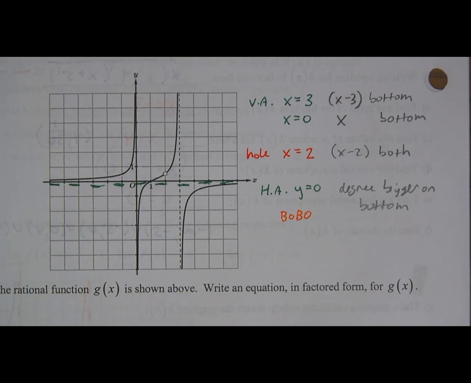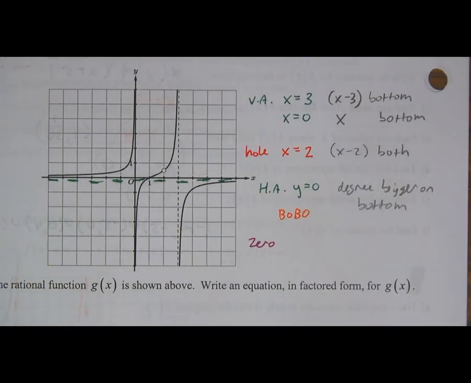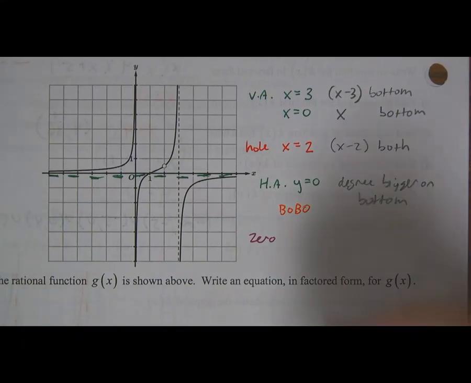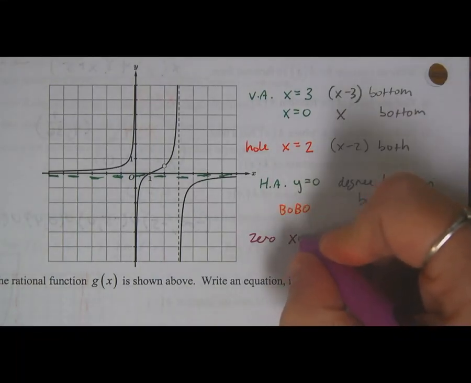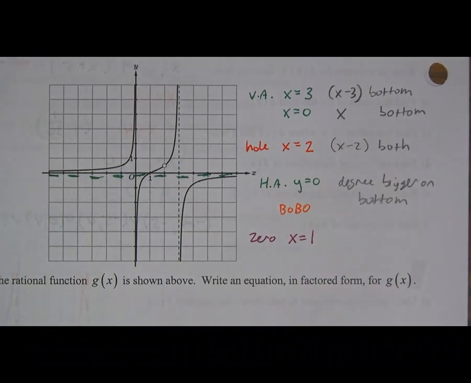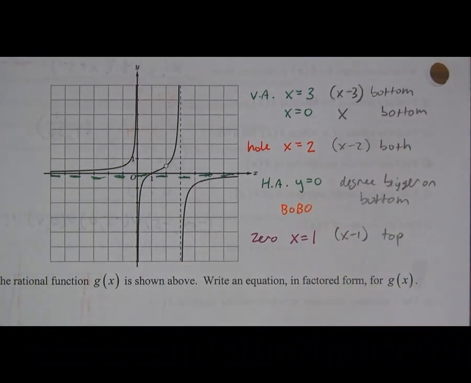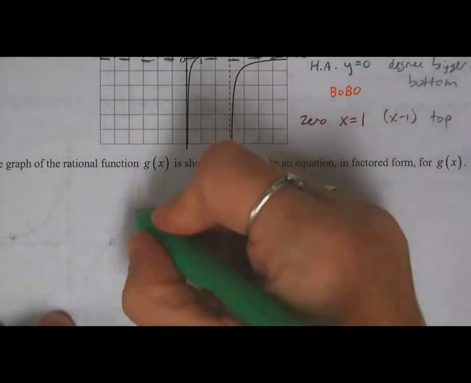And then there's one more little thing. Where does this graph come in contact with the x-axis? Where's the 0 of the function? 1? So x minus 1 needs to show up on the top. If you put all that together, there's not anything extra to think about. And that is it. So g of x,